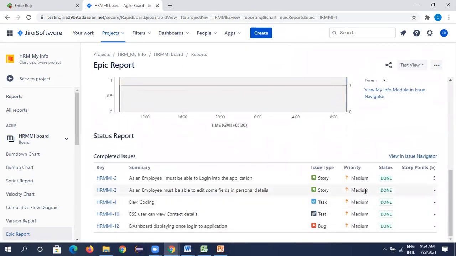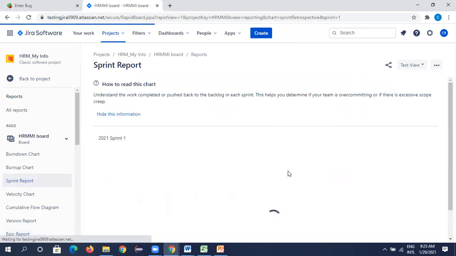See, all tasks are completed. Done, done, done. Okay, means you have completed everything. So this is what the Scrum Master will do. The Scrum Master will look into this report and find out before the sprint review if you have any questions, or if any of your tasks are incomplete. He will ask us to complete the tasks, and we need to complete it. And he will showcase this report, the sprint report.